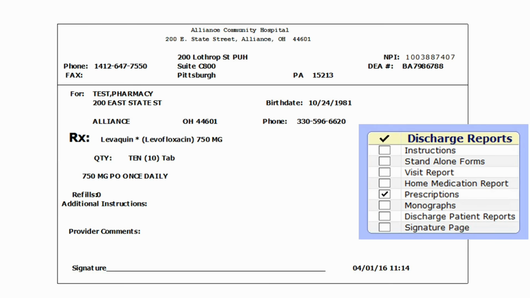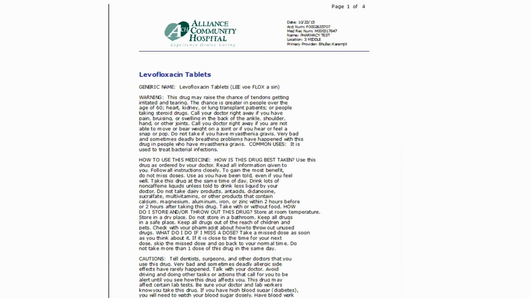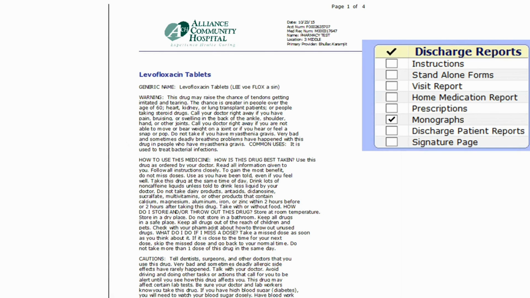Providers have to sign prescriptions after printing out prescriptions. Nursing cannot reprint prescriptions. The selection of monographs will print a monograph with any new prescriptions the patient has been prescribed by the provider. A monograph is a publication specific for a drug, the kinds and amounts of ingredients it may contain, the conditions and limitations for which it may be offered, directions for use, warnings, and other information that